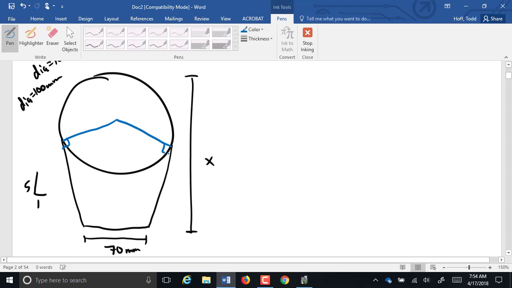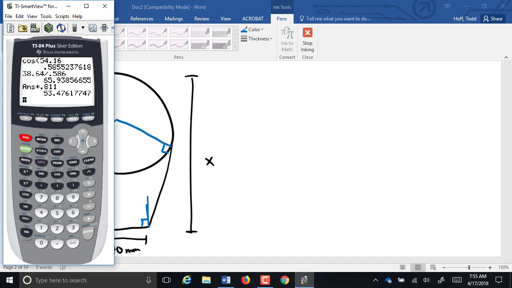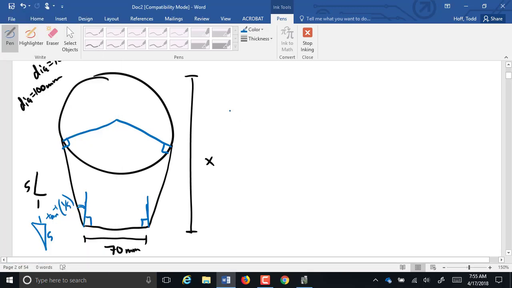So, we draw those in at right angles. I am going to sketch this in here just so that I have the right angles there and I can find this angle off of the 1, 5, right? That's going to be the inverse tangent of 1 over 5. 11.31 degrees on each of those. So that makes that whole angle here